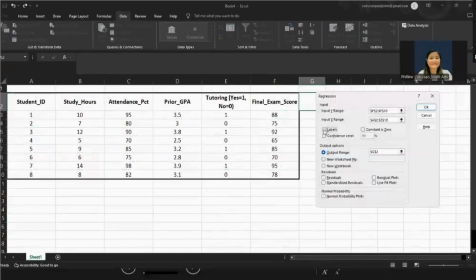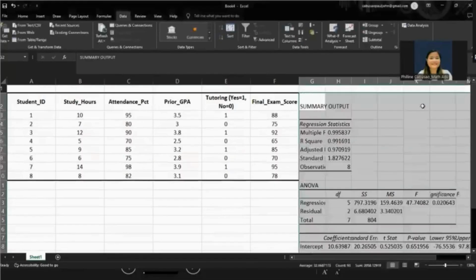Then we have to make sure that there are labels for the interpretation. Then we have to choose a cell where the data analysis will come out. So we wanted our data analysis to be beside the table. So let's choose this cell there.